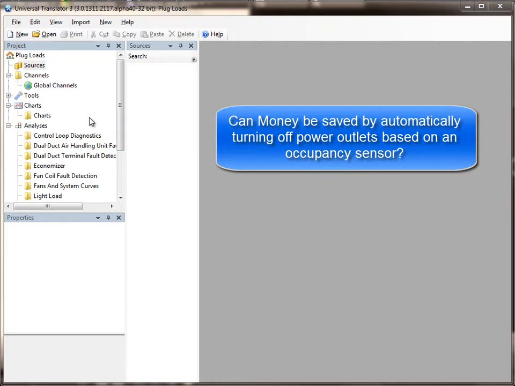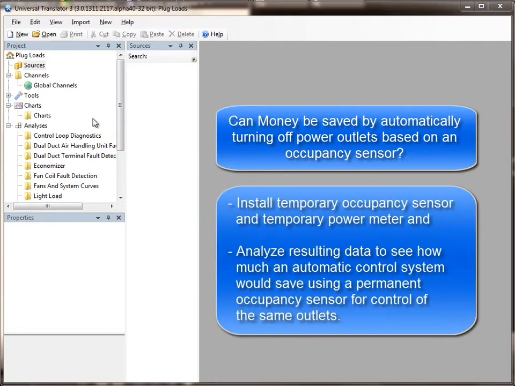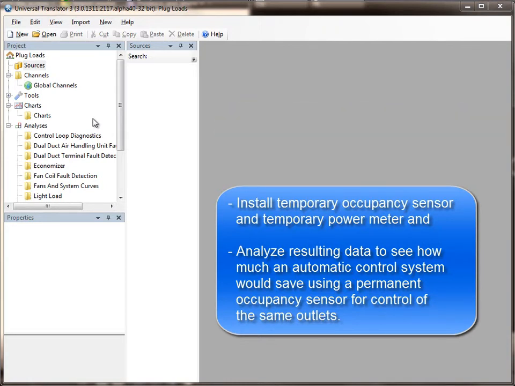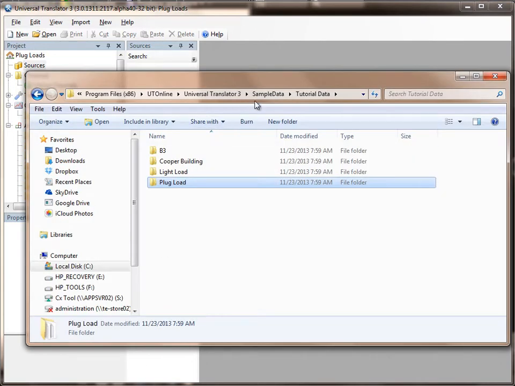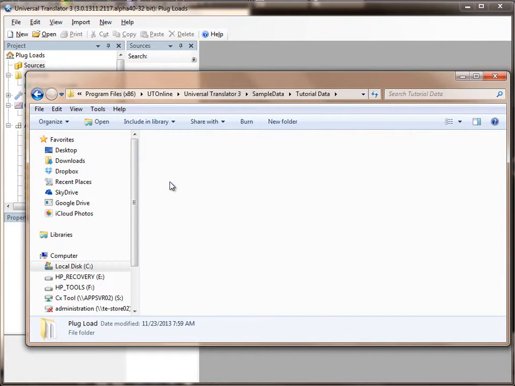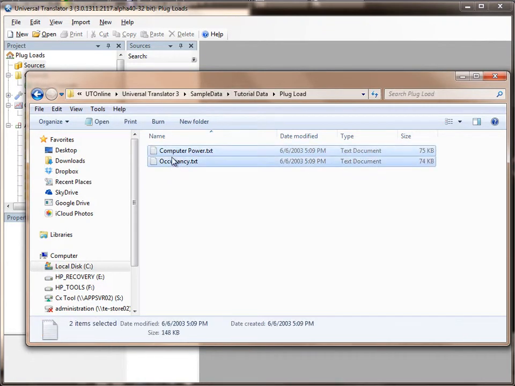The way this works is you would send an engineer to the building, set up a temporary occupancy sensor, set up a temporary power meter, analyze that data, and then figure out what the savings would be if you automated the process. So the UT has a way of analyzing that. We'll use some sample data just like we did for the light loads. In this case, we're going to look at the plug loads, and we'll take those two text files, drag them right into the sources,